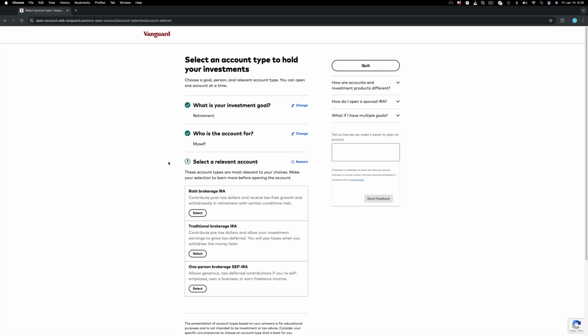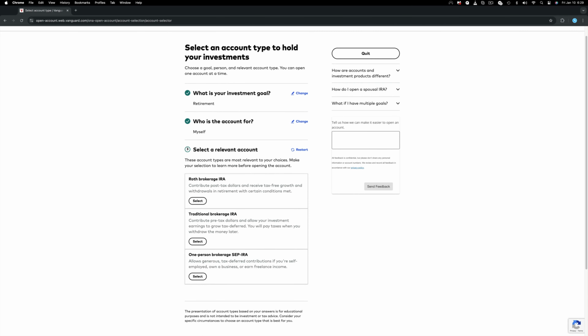Now the big question is, what type of retirement account to pick? Well, in addition to the 2 most common accounts, the traditional and the Roth IRA, they do offer the option to create a SEP IRA, which is a simple retirement plan for self-employed people or small business owners. Employers can make tax-deductible contributions for themselves and their employees. A solid option for small business owners, but let me talk about the other 2 options, the traditional IRA and